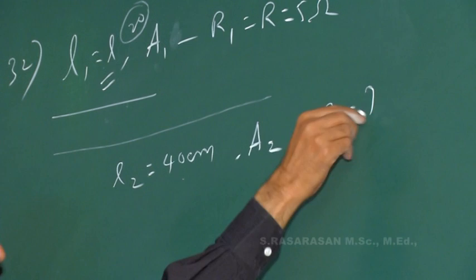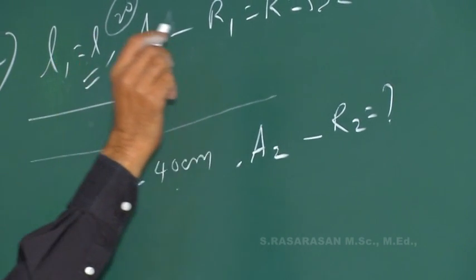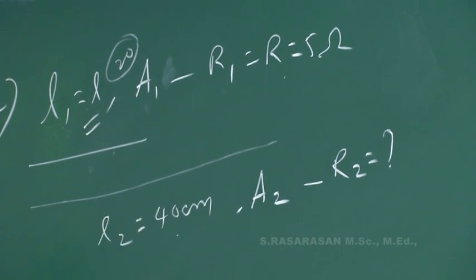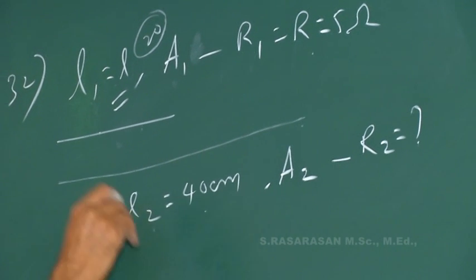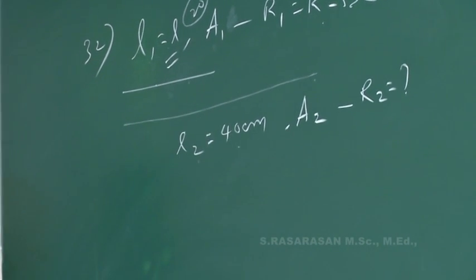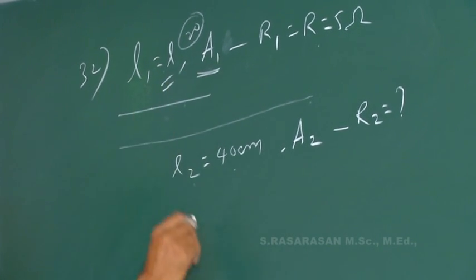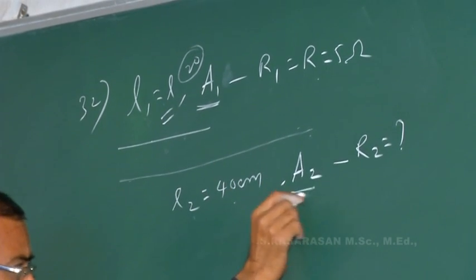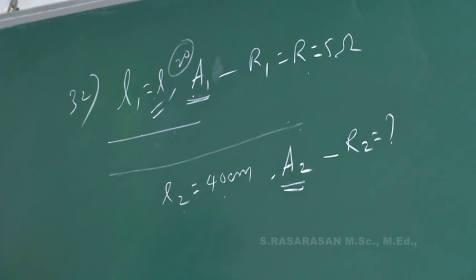This is the question. If L1 is the initial length, whose resistance is R1, if that wire is stretched to 40 centimeter, that is L2 is given, what will be the new resistance? Initially, before stretching, A1 is the area of cross section. After stretching, the cross section area is A2. Certainly the area of cross section has changed, the thickness has decreased, the wire has become thin, because we keep stretching that wire. We have to change the 20 centimeter length to 40 centimeter.